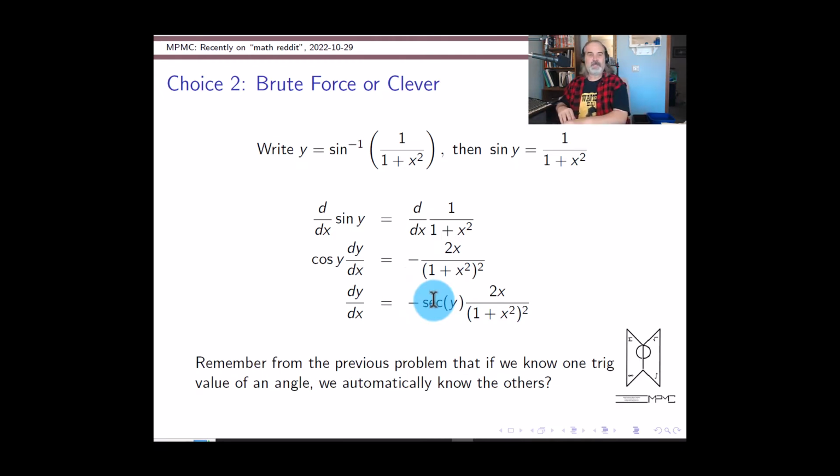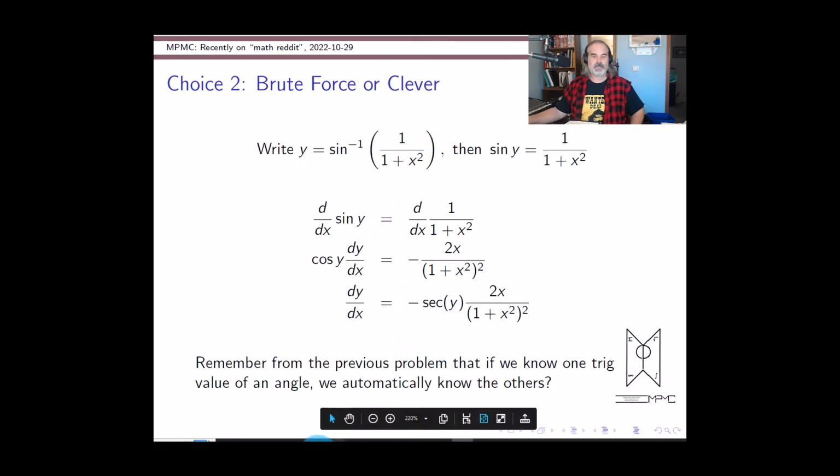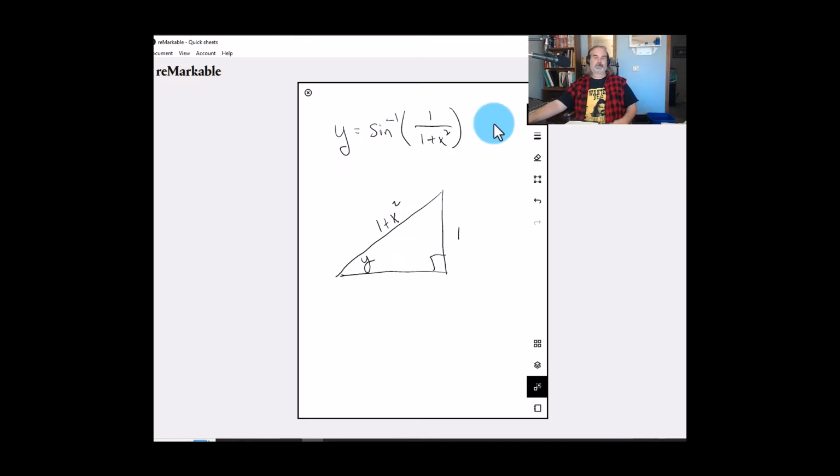But from that previous problem we did, remember that if we know the value of one trig function, we know the other 5. Y is the angle whose sine is 1 over 1 plus x squared. So we can draw a triangle. Here's the angle y. Its sine is 1 over 1 plus x squared, which means that we can calculate the length of this side